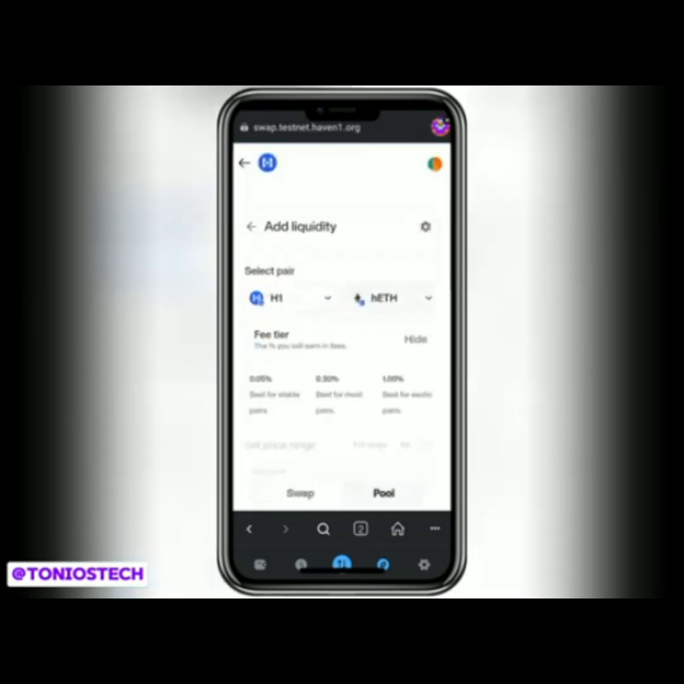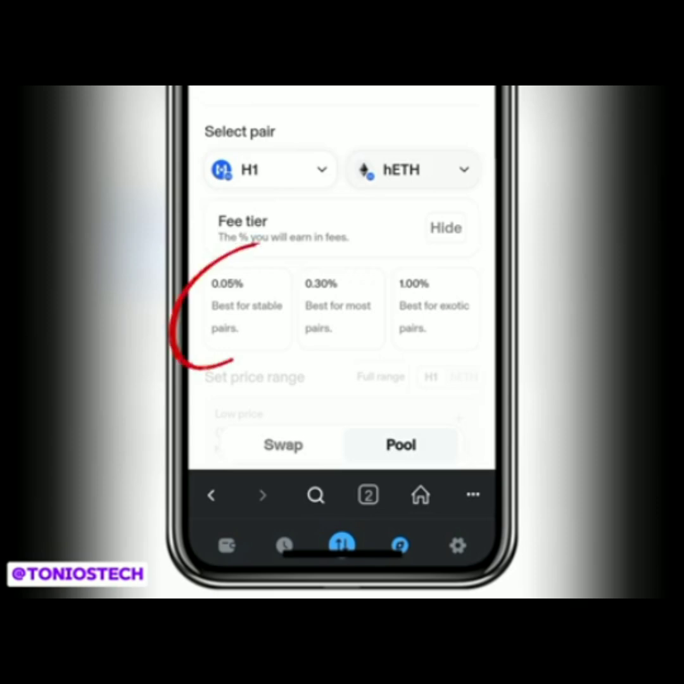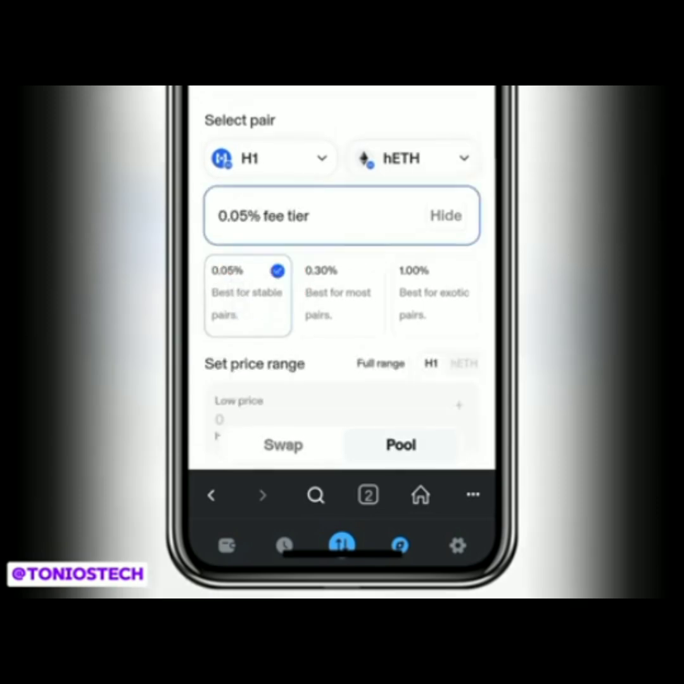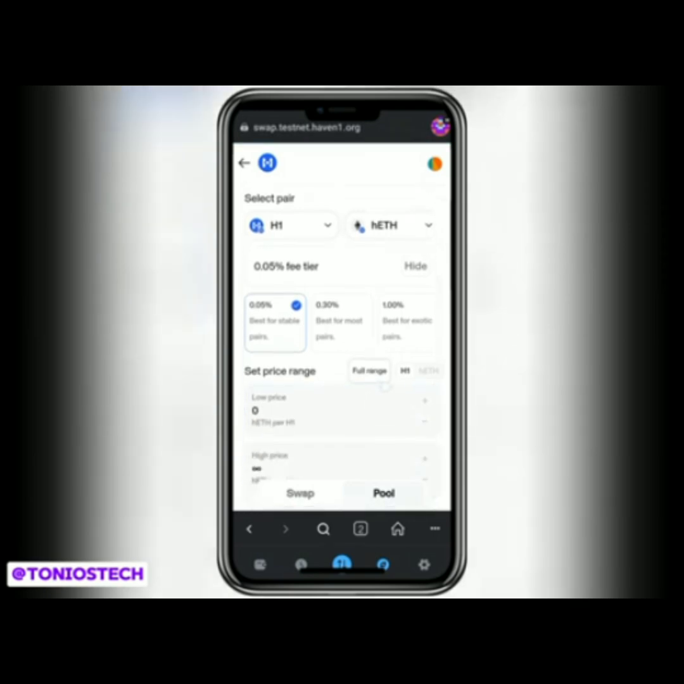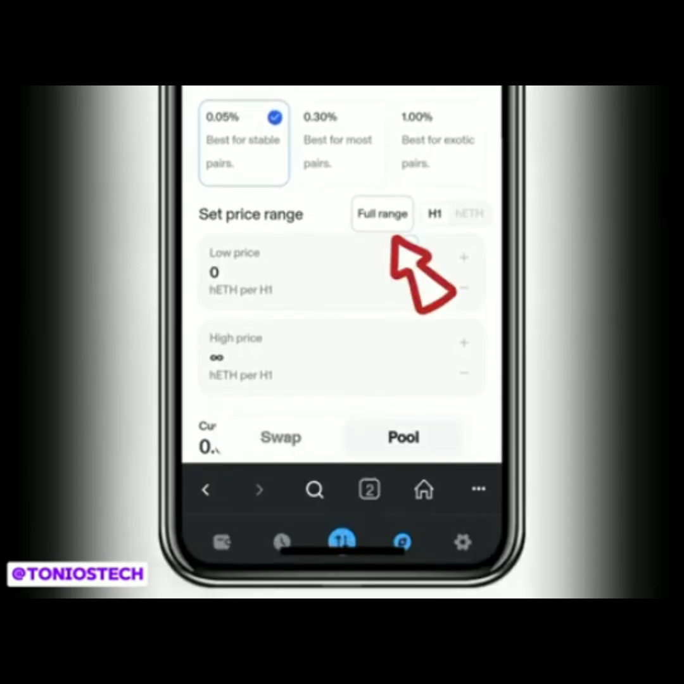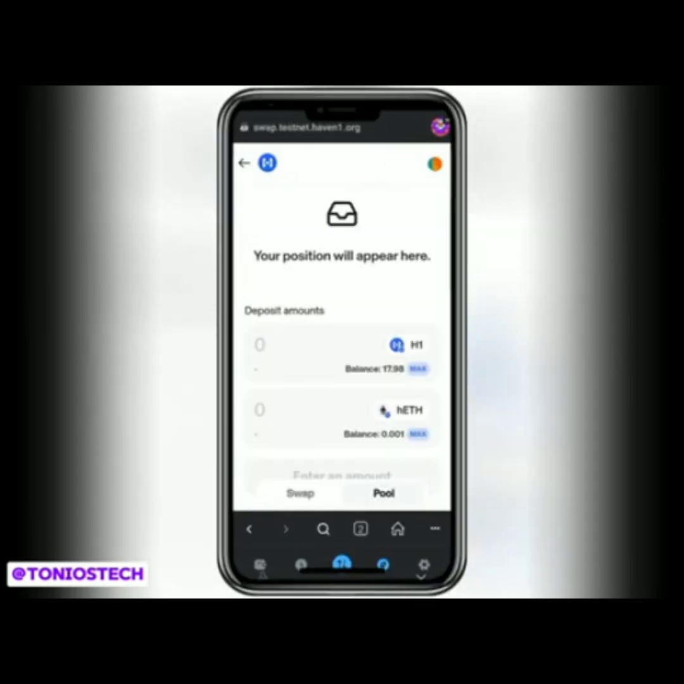So once I've selected it, you scroll up and look at, I'm selecting this 0.05%. Look at that place here. You click on it, then you scroll up a bit again. These are basic settings that you have to follow. So I'm selecting full range, and after selecting full range, you now scroll up, and in this section I'll